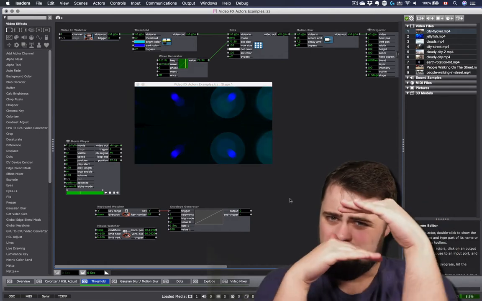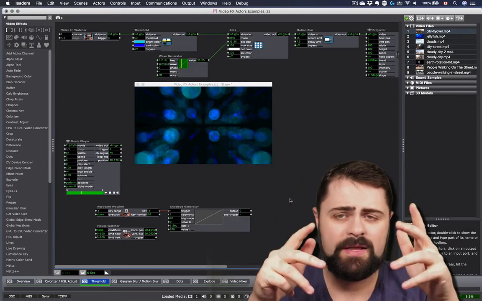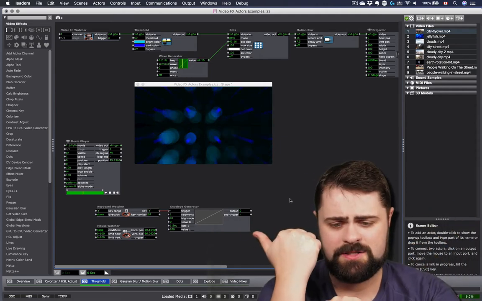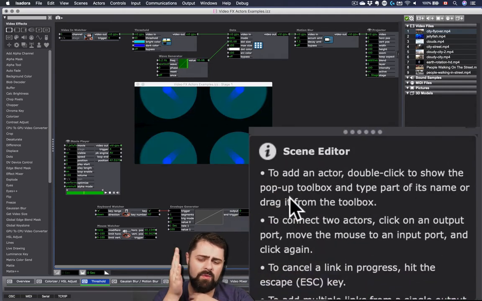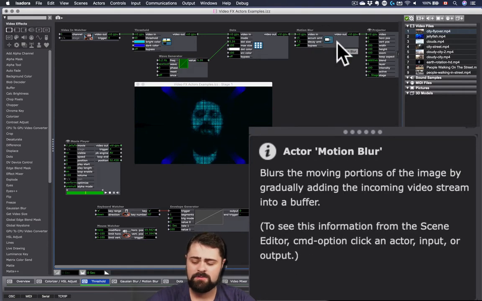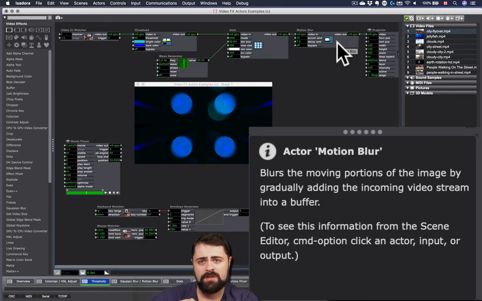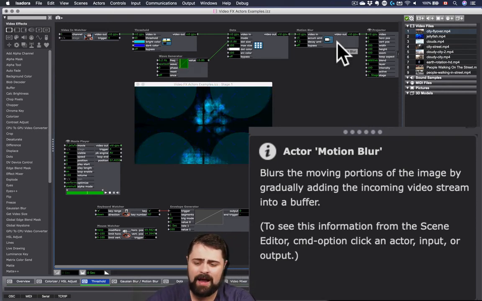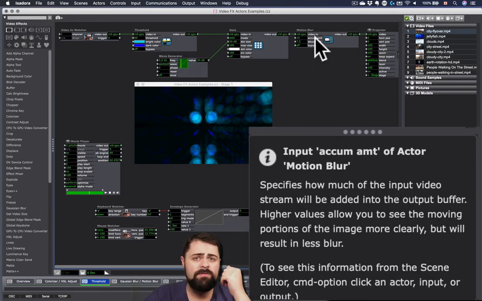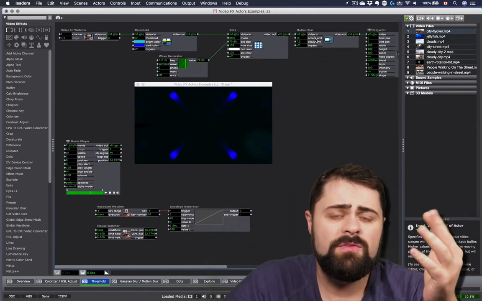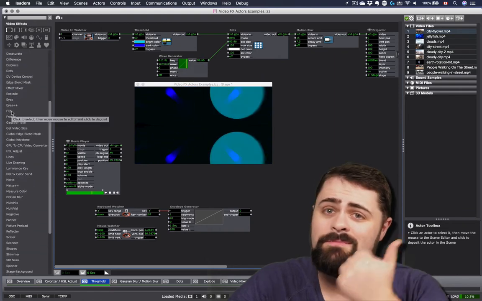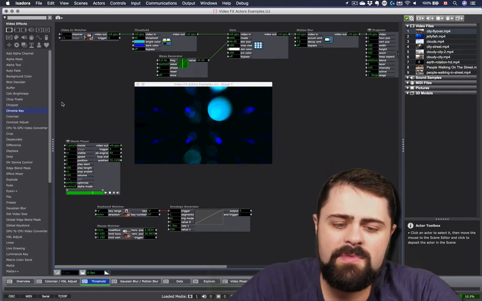Again, this is just a very, very small segment of what is out there. So I want to remind you of one more thing: the help text box. When you are experimenting with the video effects actors, don't forget that you can mouse over any of the actors themselves, and you will get a short explanation telling you exactly what that actor does. And you can also mouse over its various properties for a brief explanation of what that property itself does. So as you experiment with all of the other video effects actors, and as you can see, there's quite a lot of them, keep this in mind.